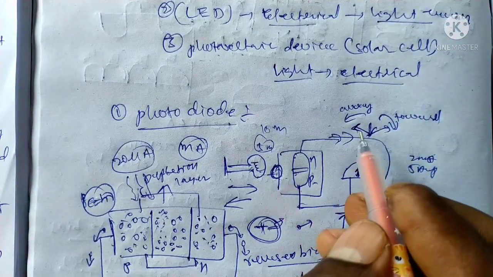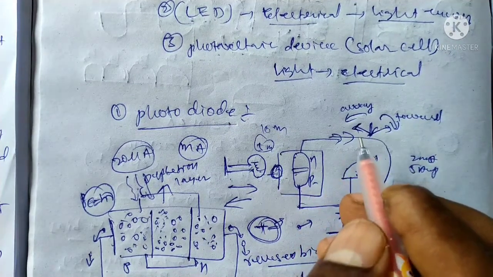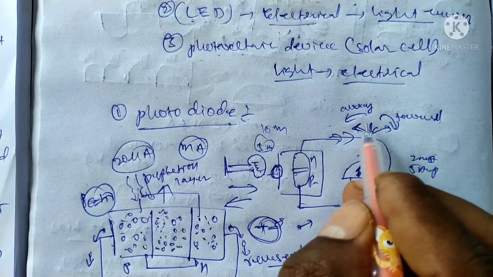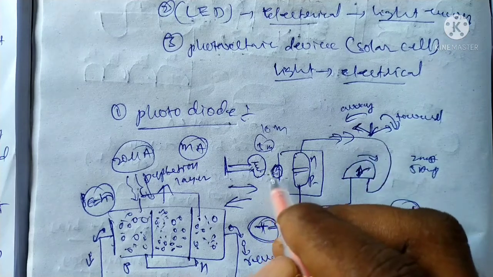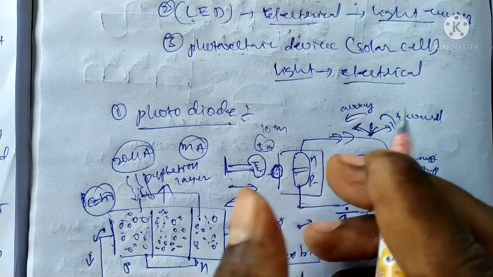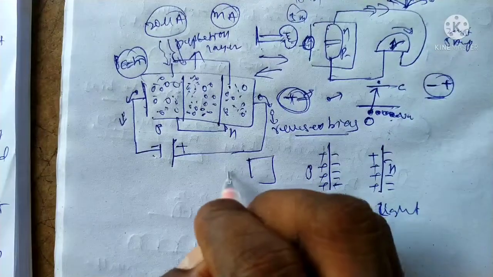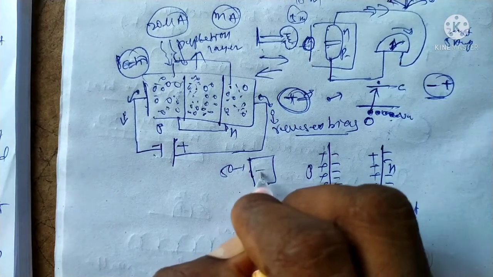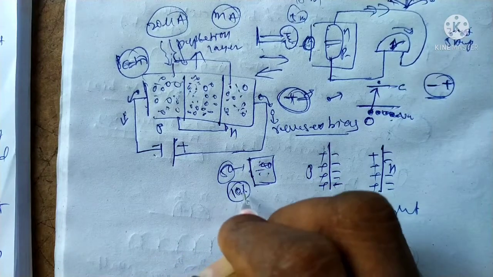Same as in electromagnetic induction, when the north pole moves towards the coil, the flux increases, and away from the coil the flux decreases. The same phenomenon applies here: the intensity of the current increases when nearer to the layer and decreases away from the layer in the p-n junction diode. It depends upon the detector, meaning how many electrons. Suppose 50 photons are pulsed, we can observe only 40, and the remaining 10 is loss.